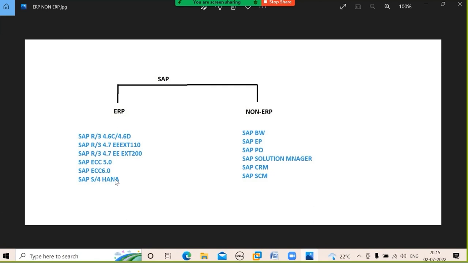As an admin, you should have a fair enough knowledge of the ERP components, non-ERP components. By looking at the system, you should understand, okay, this is the ERP system, this is a non-ERP system, this is ECC6 system, this is S4 HANA, this is 4.7, this is ECC 5.0. You should be able to tell, na? How? Then what is the difference? What is the evaluation of SAP ERP components? The evaluation, we'll see that now.